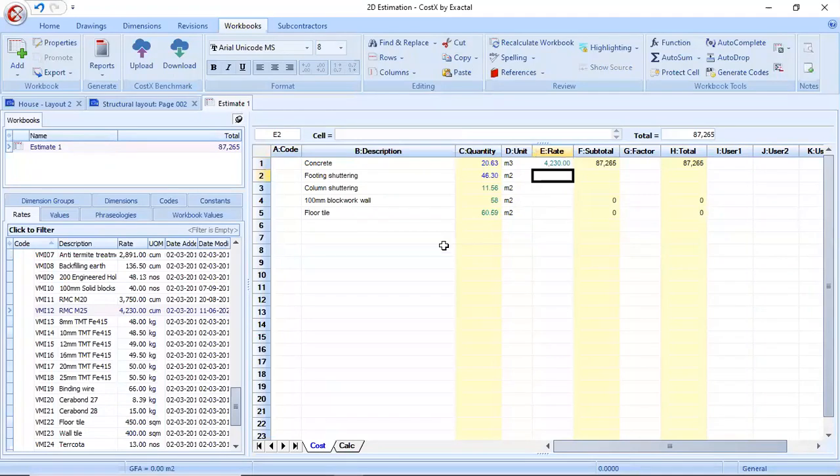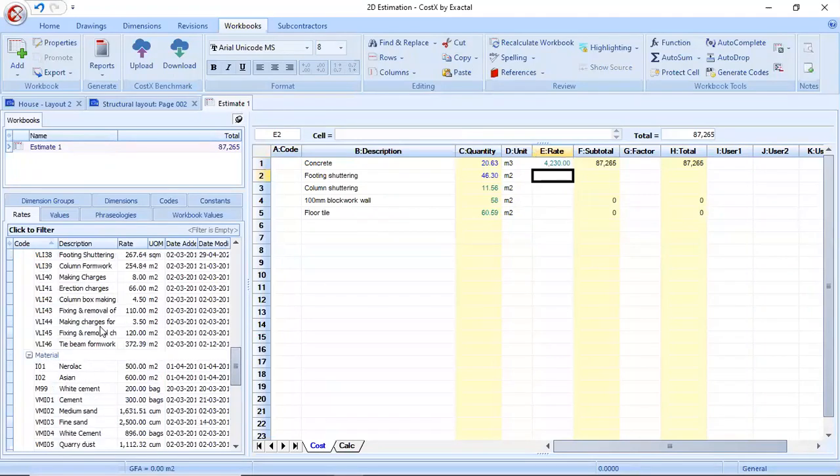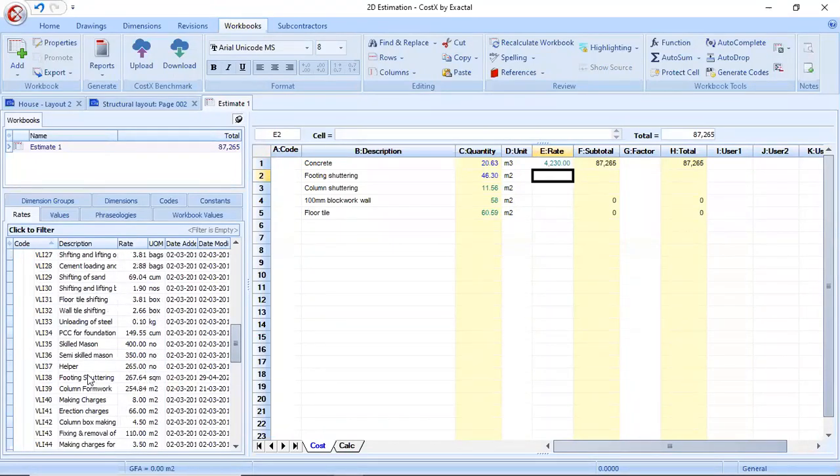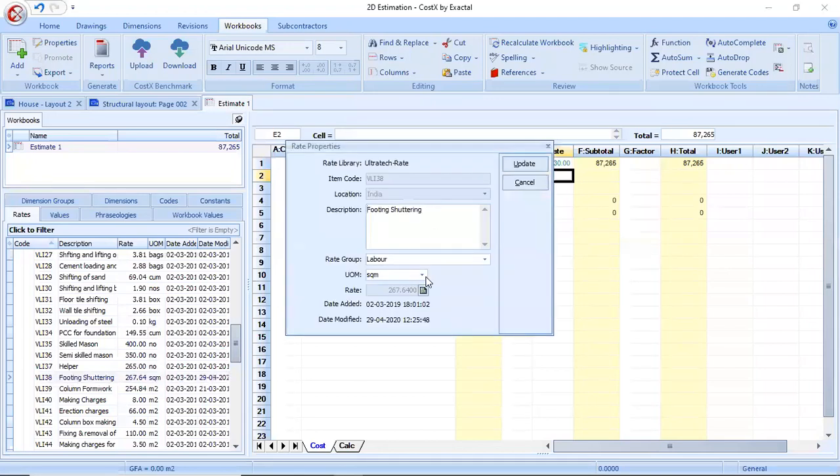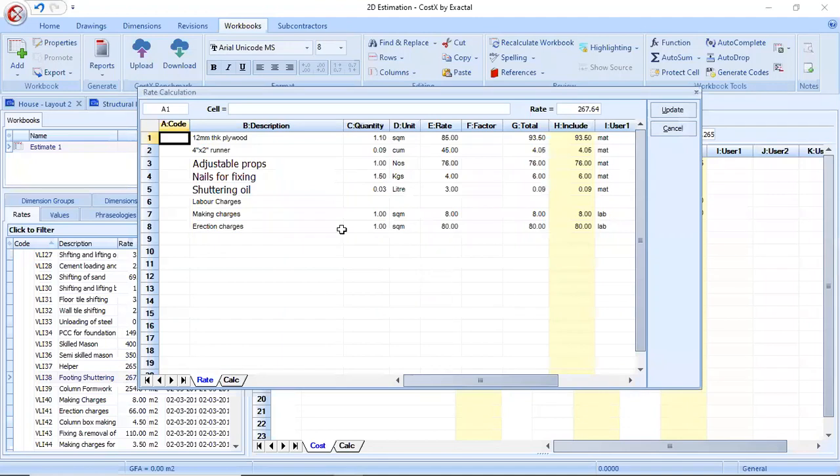The same way for footing shuttering. I have already calculated the footing shuttering with rate analysis. Say 267 is my footing shuttering unit rate. Just by double clicking on it, I'll get to know the breakup for the 267, which includes plywood, runner, props for shuttering, nails, shuttering oil, and labor charges for making and erection.